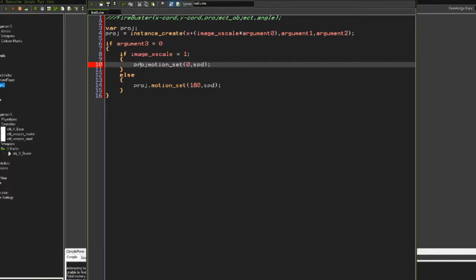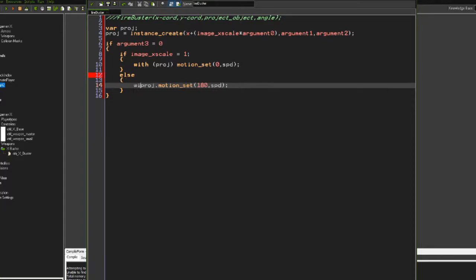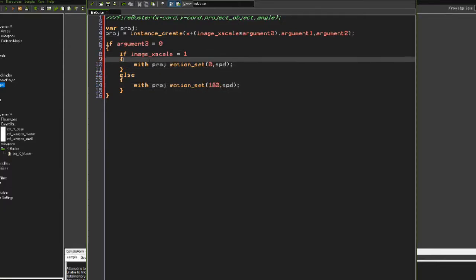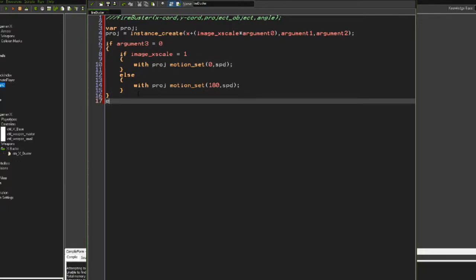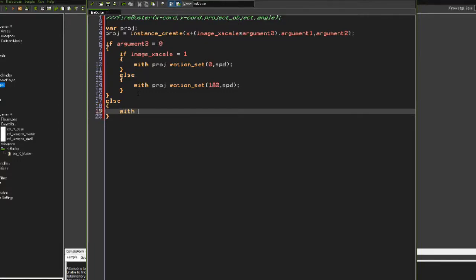Okay, well, we can just say instead with proj motion set, and then with proj, unexpected symbol and expression. Oh, that would have been an illegal if statement. That wouldn't make any sense. Okay, so if it's not equal to 0, else with proj motion set